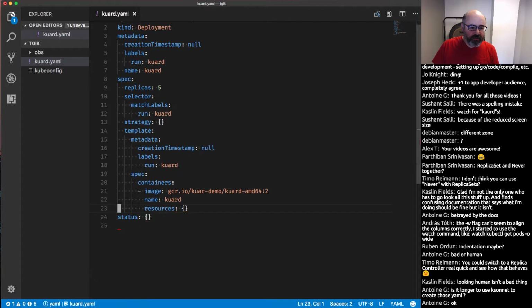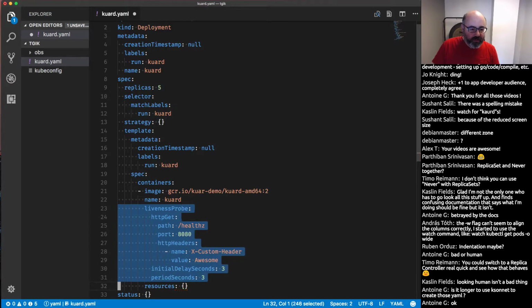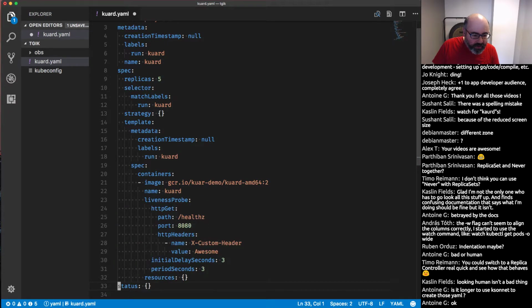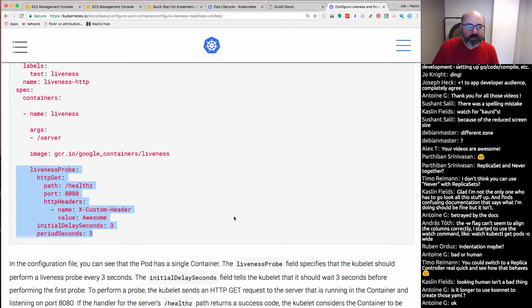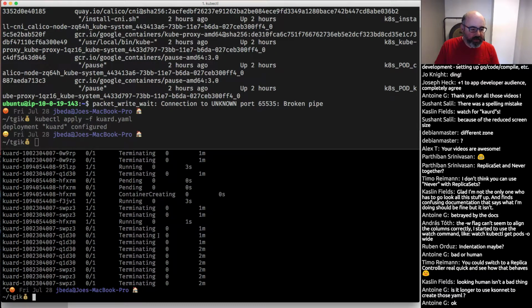YAML is great until you have to copy and paste stuff around and then you're like, wait a second, that doesn't look right. And so I think that lines up right. And I think I want this to actually, no, that goes there. Okay. And so I believe I called this thing, if I look, okay, so what we're going to do here is